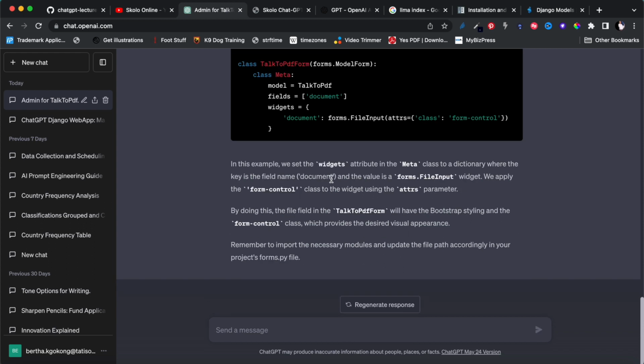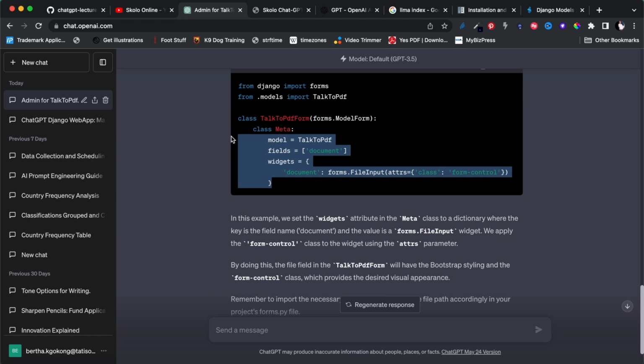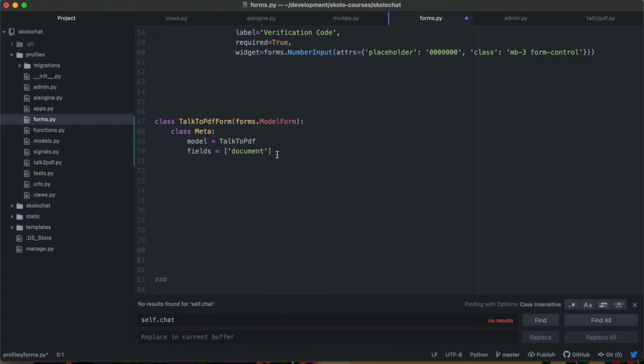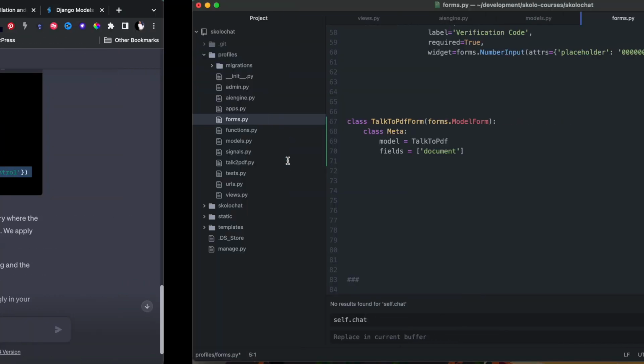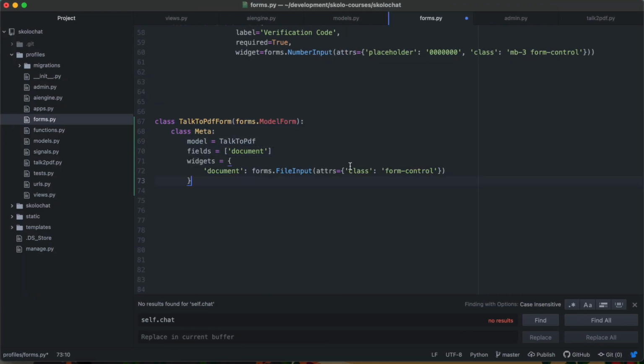There you go. So that's the form. Let's copy that because we want it to, what did I copy? The whole class. Okay. All right, so this is what the form should look like. It's a file input with a class form control. All right,